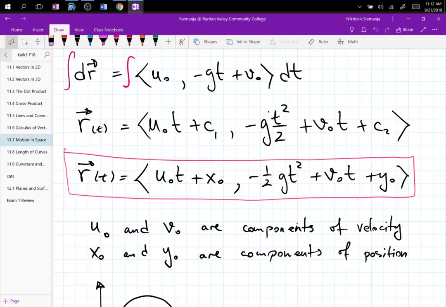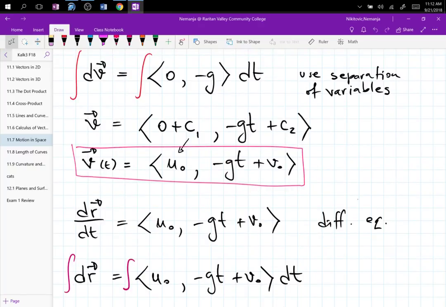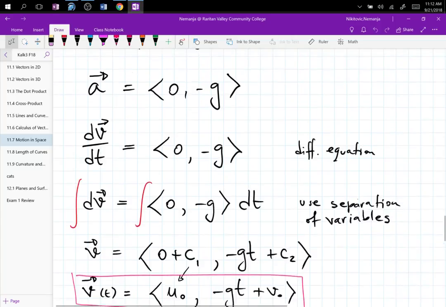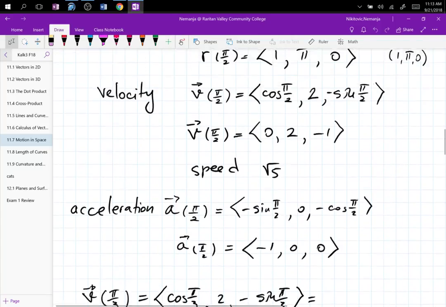So the honors students, you should know this derivation, because this is a calculation from Calculus 3 and differential equations, right? Separation of variables. And the lighter version for